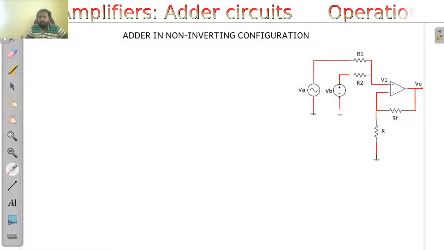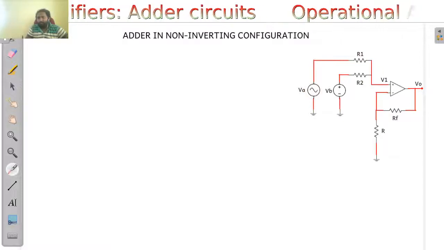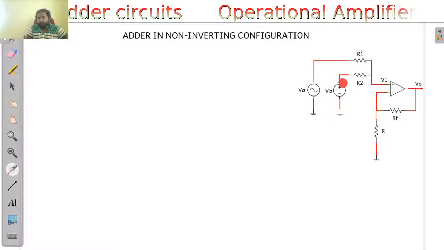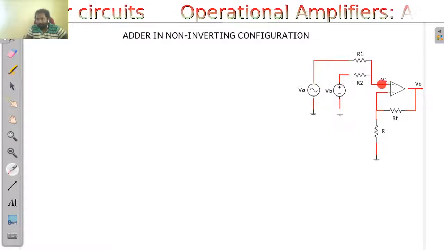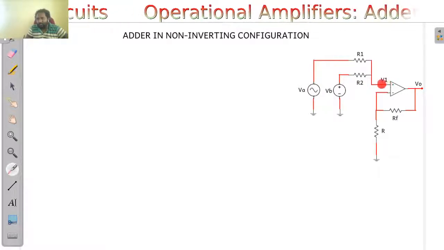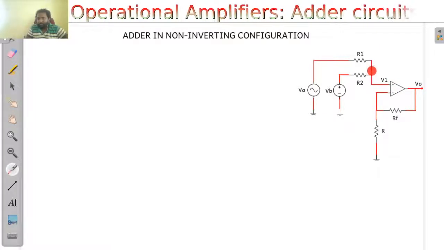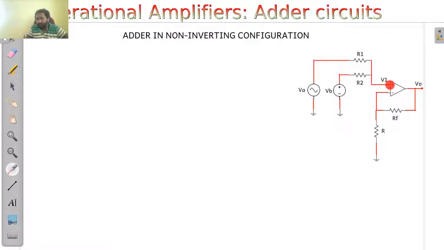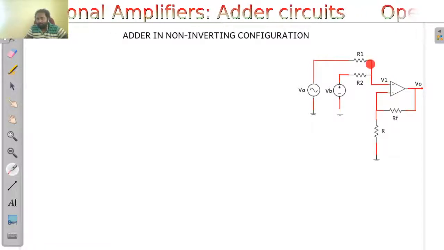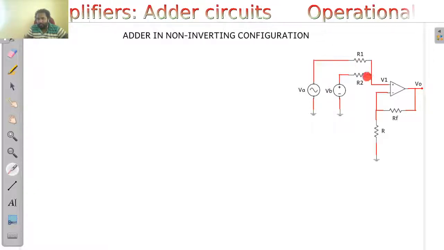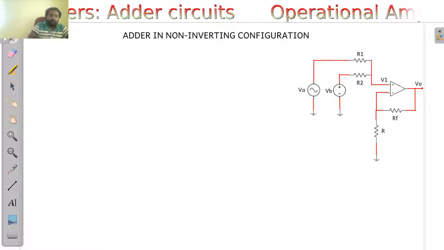So we need to find a Kirchhoff's voltage loop here, and you can see that the current that is flowing to this and the current that is flowing here, they are the same because no current is taken up by the operational amplifier. So nothing flows from this junction to this operational amplifier. Whatever current is flowing, it can flow from this to this, or from this to this. So this current will be equal to this current.